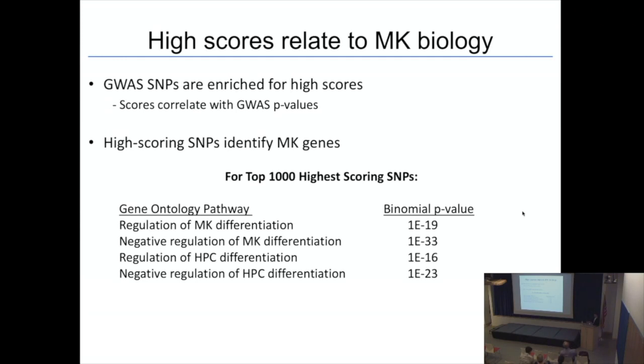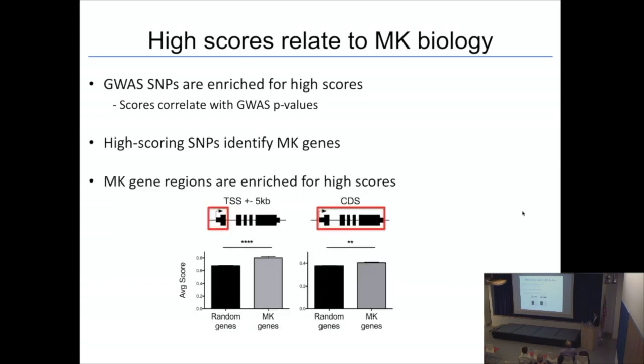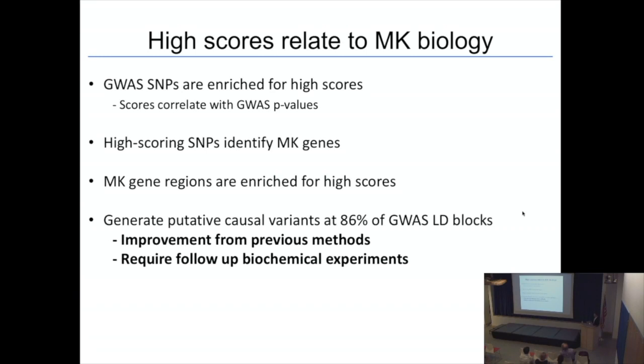It turns out that the score correlates with genes, either the transcription factor element upstream or the coding sequence itself. Again, we didn't tell the model that, but that's a non-random association that's consistent with this idea that the non-coding variants seem to somehow disrupt regulation of genes that are involved in megakaryopoiesis. So from the established sites, we can look at them carefully, and we can probably guess at or make a case for one or a handful of causal variants at perhaps like 80 to 90% of those sites. And that's way better than what we were doing previously. But that's still way too many for us to actually take to the bench and prove